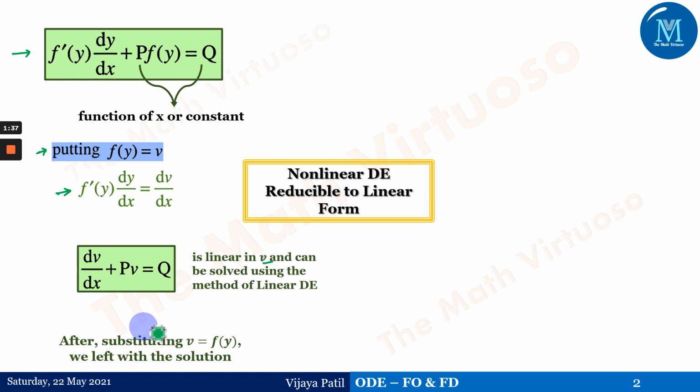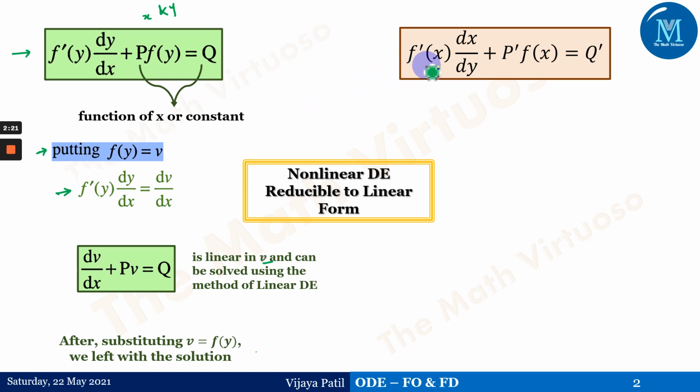And at the end of the question, because this differential equation is given in the two variables x and y, the final answer has to be in the form of x and y. So whatever substitutions we have taken in between to reduce to the linear form, we have to give that back. That means f of y is equal to v, so we resubstitute v is equal to f of y and bring the final answer in terms of x and y only. There should not be any variable left which we have used as a bridge to reach the particular solution.